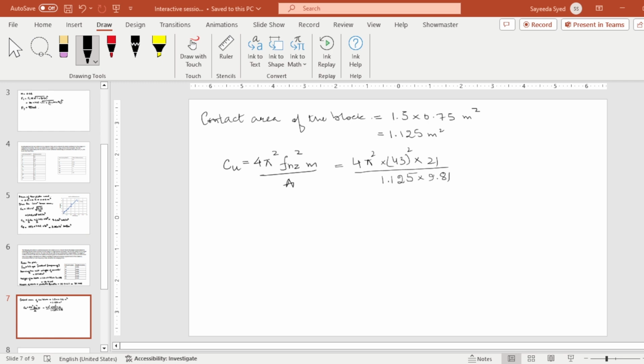This comes out to be 13.9 into 10 to power 4 kilonewton per meter cube, or